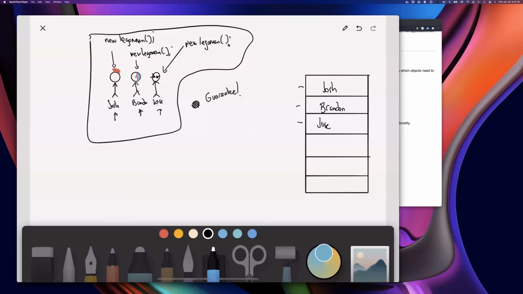It has a guarantee that one and only one instance will be created. And I'm using Leon as an example here because Leon is a single child. So when you have that guarantee that only one instance is going to be created, it doesn't matter how many times you call the name Leon, you're always going to get our Leon here. Now, in what cases is it valid? Well, let's assume